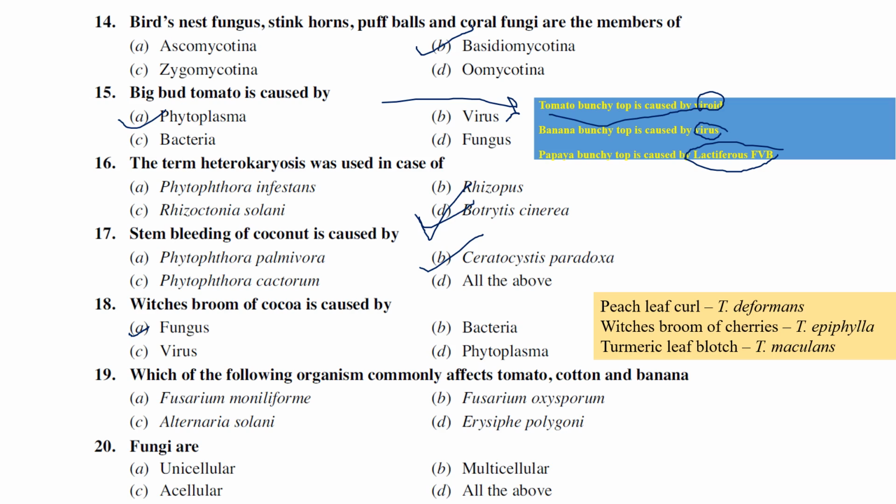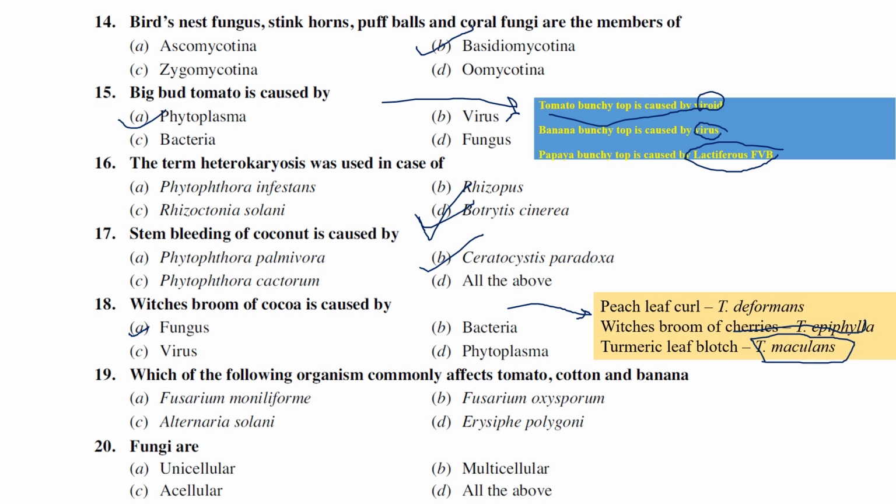Generally, you can take on the right side, I have given: peach leaf curl is caused by Taphrina deformans. Witch's broom of cherries is caused by Taphrina epiphylla. Turmeric leaf blotch is caused by Taphrina maculans. There are some Taphrina diseases. Here, witch's broom of cherries is caused by Taphrina epiphylla, and witch's broom of cocoa is a fungal